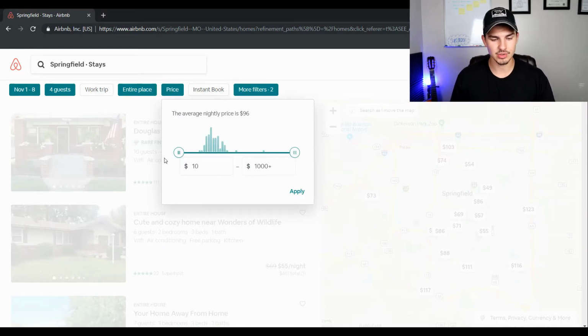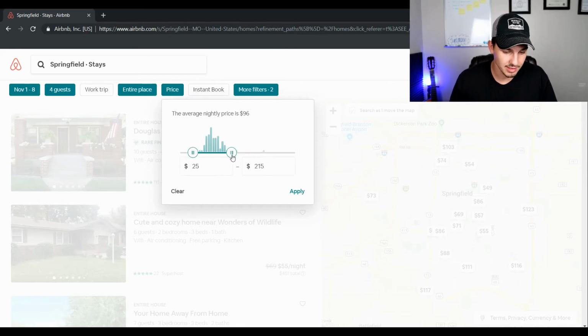One thing I'm going to mention is, you guys notice there's this price filter right here. So this allows you to filter out properties based off of the nightly price, and you can locate properties based off the nightly price. So one thing I recommend you guys do is go into your calendar and one day a week, just drop the price down to, like, let's say you're doing your listing for $100 a night, drop the price to $50